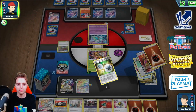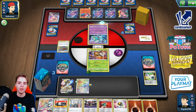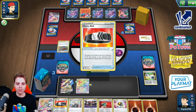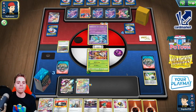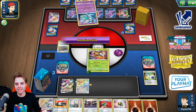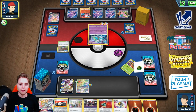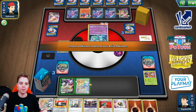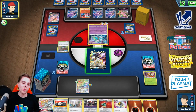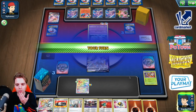Don't have Air Balloon, but we could draw it from the research. We have a Raihan here. Raihan is super nice. Okay, they have it. It's cool. That's super cool. They didn't expect this Beedrill out of nowhere. Do we still have access to our last double turbo energy? I don't know. I'm just gonna be promoting just in case we need to utilize our